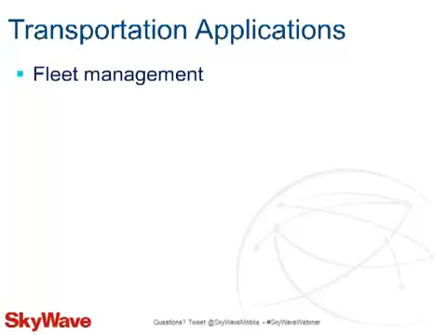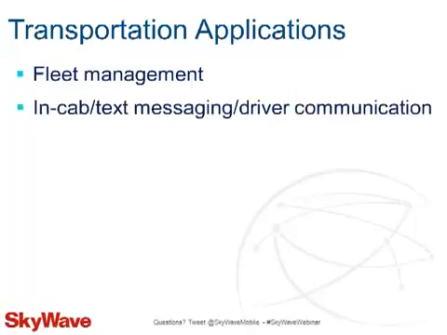The digital and analog ports allow customers to connect sensors to the satellite terminals and track when cargo doors are open or when the temperature of the refrigerated cargo is either too high or too low. In-cab text messaging is another big application for the transportation market. Instead of using satellite phones or paying for expensive cellular roaming, IsatData Pro allows communications between driver and dispatch. So using a mobile data terminal, you can speak to drivers who are in remote areas where it was previously not possible